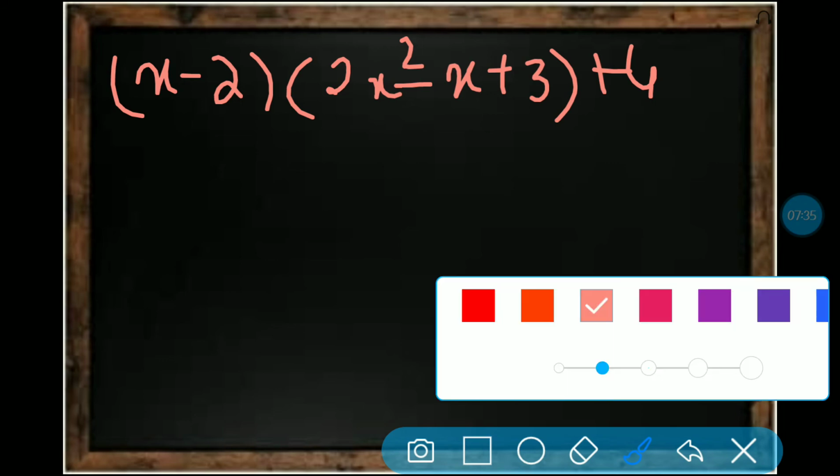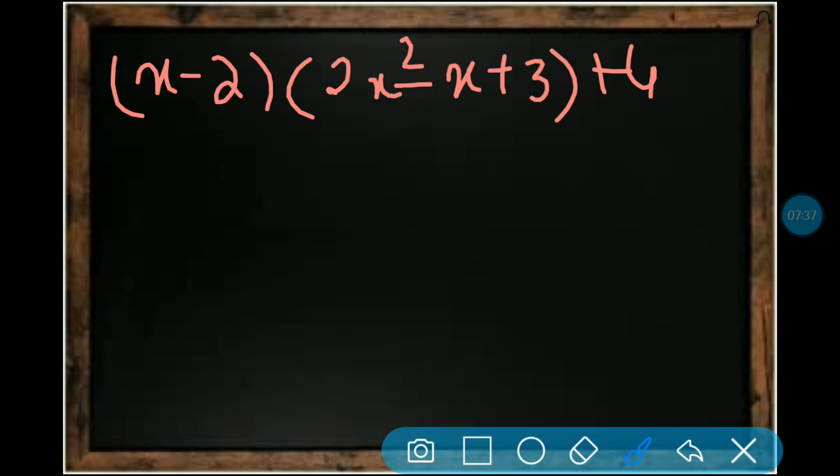In the same way as we did previously, coefficients into g of x plus the remainder, we will get the polynomial. Here we have remainder plus 4, that's why I wrote it before itself. Now what you will do: x into the full equation and minus 2 into the full equation. Let's do that now. I am putting it up so that there is less space.